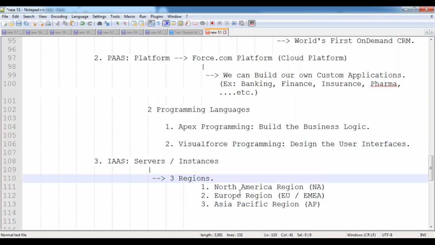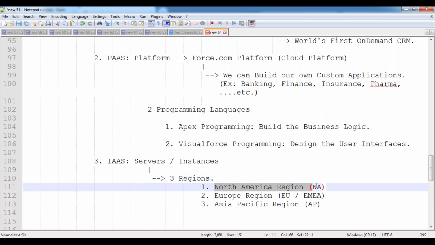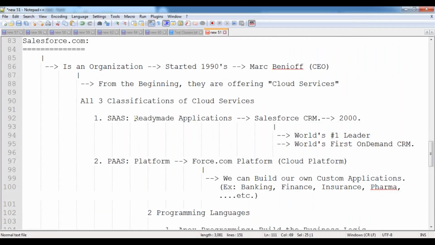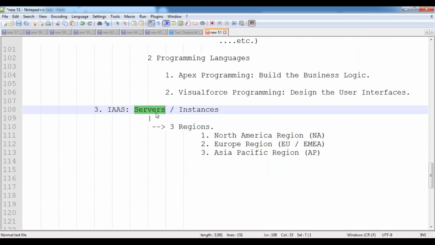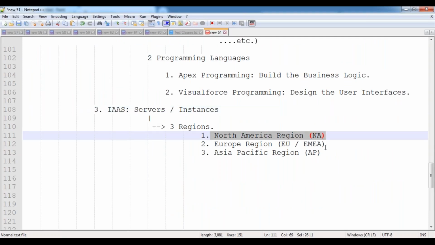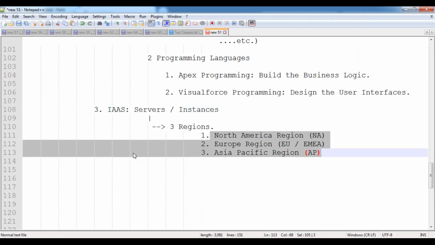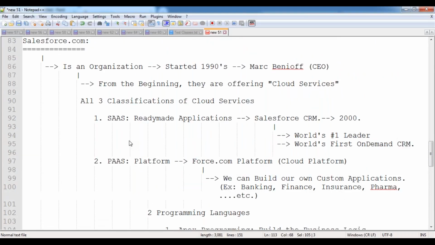So there is no need to maintain your own servers. Everything we can take on a rental basis here. We can take ready-made software on a rental basis, the platform also on a rental basis, and infrastructure, nothing but servers, also on a rental basis. All 3 resources we can take on a rental basis from Salesforce.